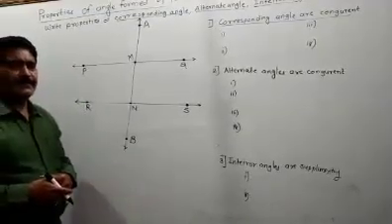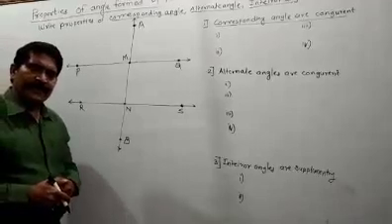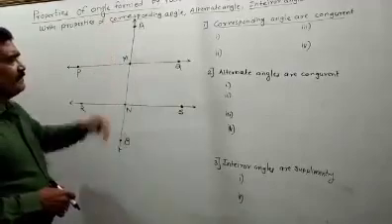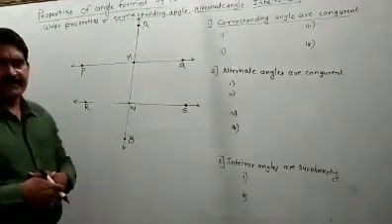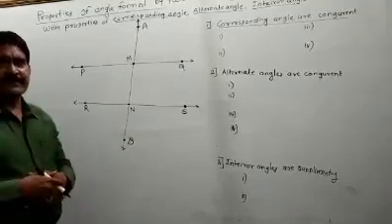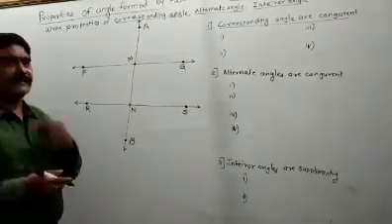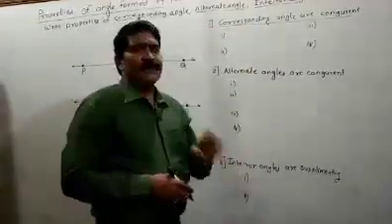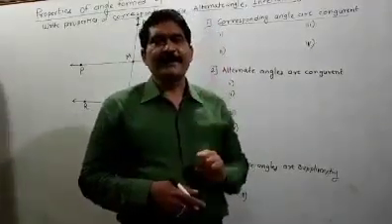Then one by one you have to learn properly the property of corresponding angles. Corresponding angles are congruent. But here you have to read the angles by three names. You have to start with the arrow end and read the angle by three letters. So which are the corresponding angles? How many pairs of corresponding angles are there? Four pairs of corresponding angles are there.